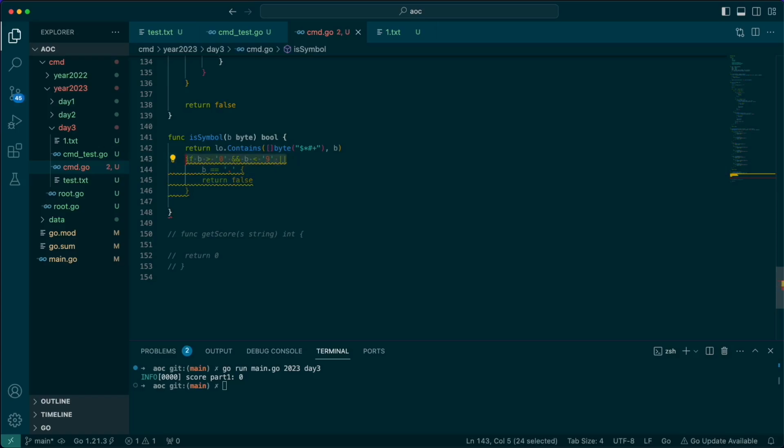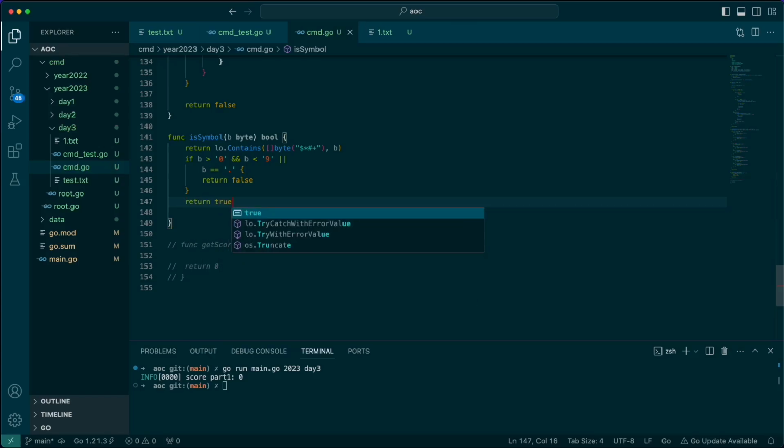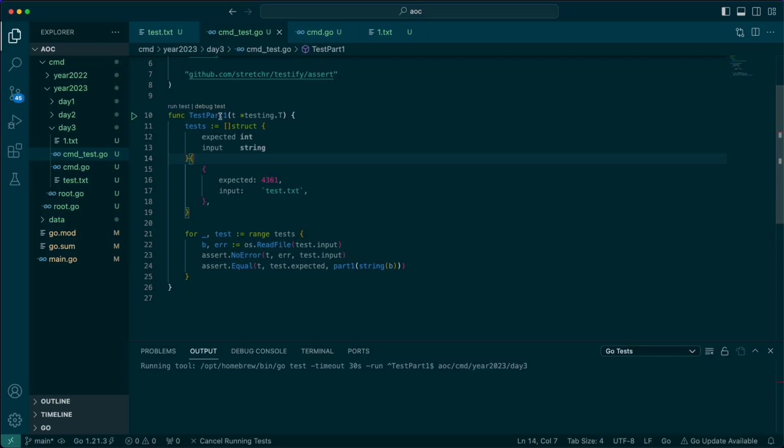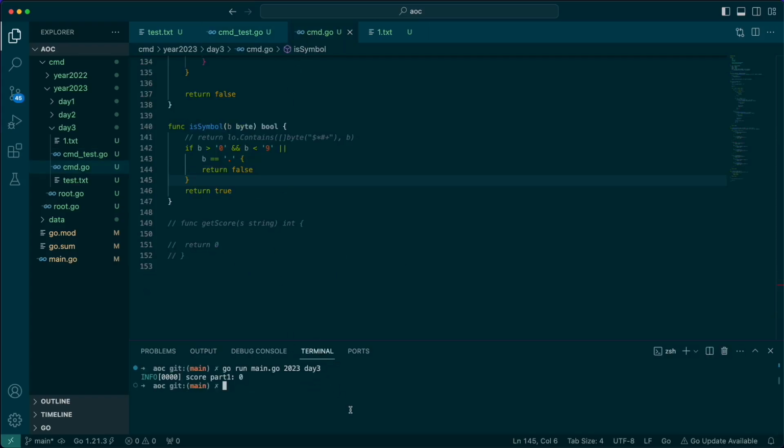So if it's a number or it's the period, it's not a symbol. Else return true. So that way we just eliminate this entirely. And if we run our test, our test still passes. So we can come back here, rerun,